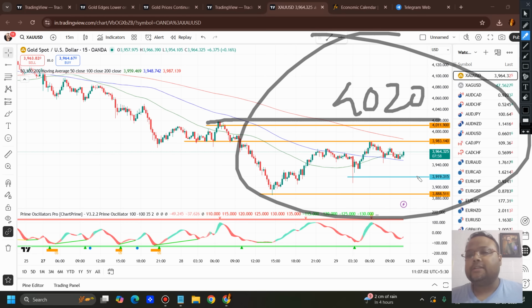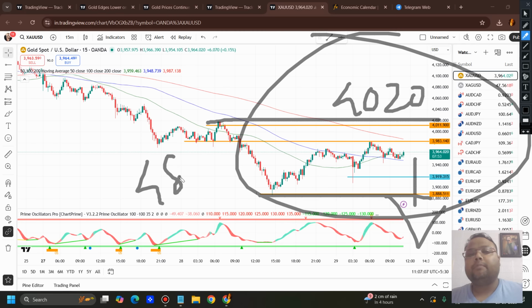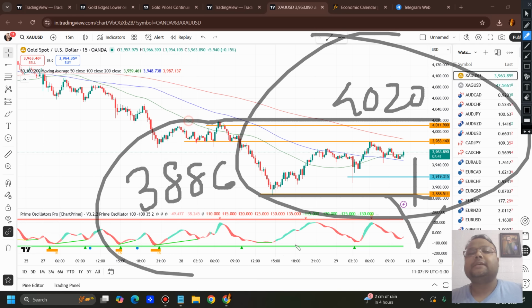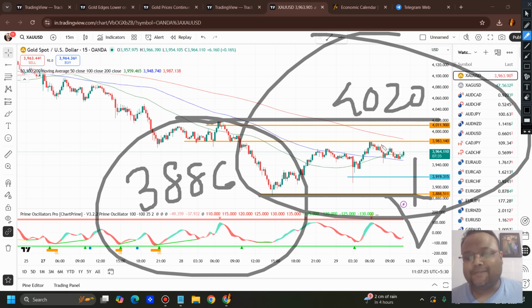After the Fed interest rate decision, if you see the market breaking the yellow line here, levels are changing so far. After the Fed news, if the market breaks 3886, then we can look for a sell below it as well. But as of now, the market is resting, let it rest.